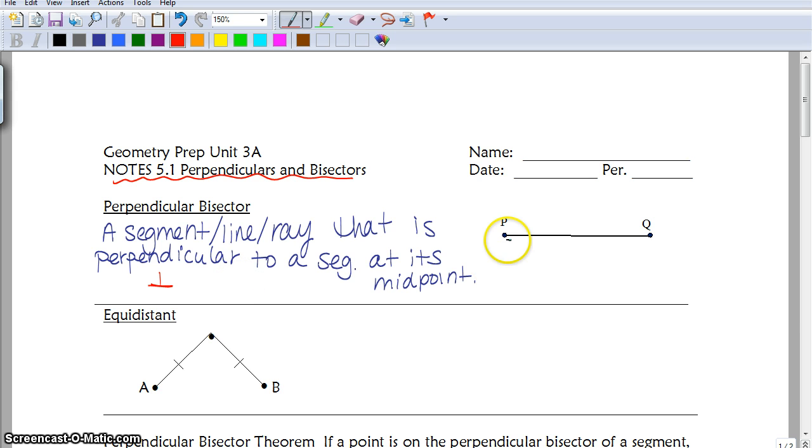So on segment PQ here, in order to draw a perpendicular bisector, first we would find the midpoint. Let's just go ahead and call it M. And then we would draw a line that passes through it, creating a perfect 90-degree angle with segment PQ. So that line that we just drew is the perpendicular bisector. So let's put a point on it. Let's call it A. And then the way that we would write this is we would say AM is the perpendicular bisector